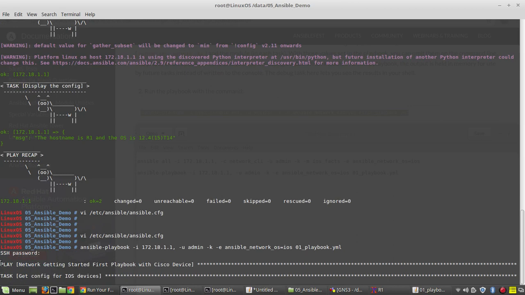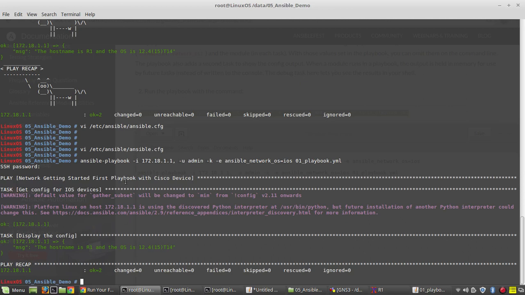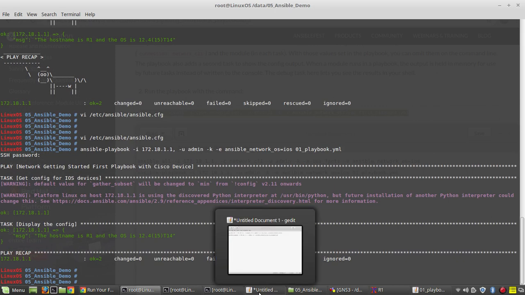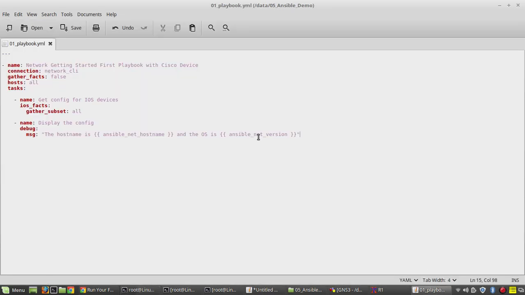Now you can see the plain name is network getting started, first playbook with Cisco device. Then it contacted the device and it is showing the host name and the software version. Now if you want to get the complete facts output, what you can do, instead of this, we'll remove this.